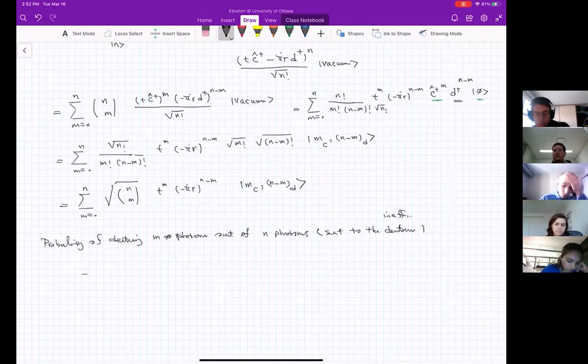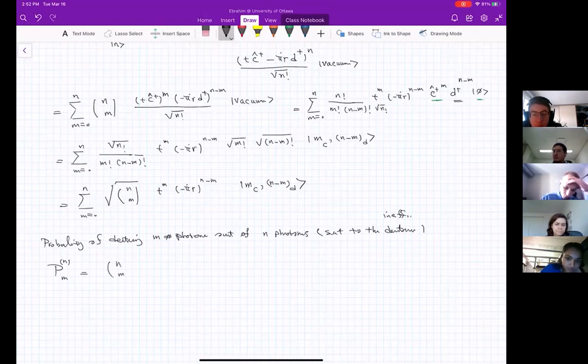So this is the state, then you get the coefficient of this projecting on the mode of m, to the power of 2. So the probability of m photons out of n photons sent will be equal to